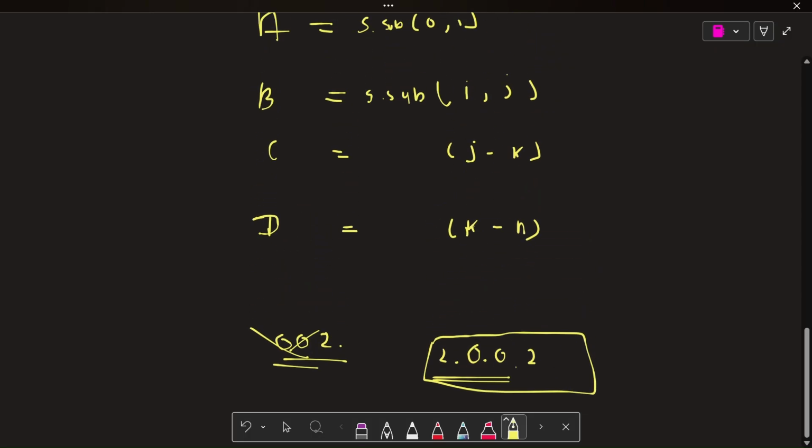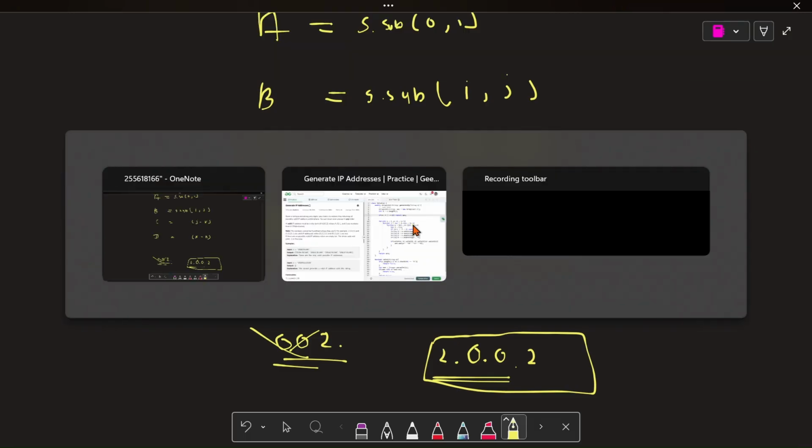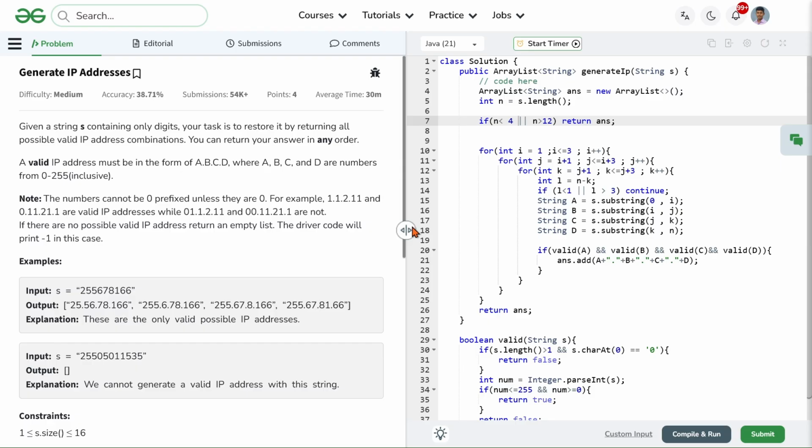So let's see the code. First we make an answer array, and we take the length of s, which is n.